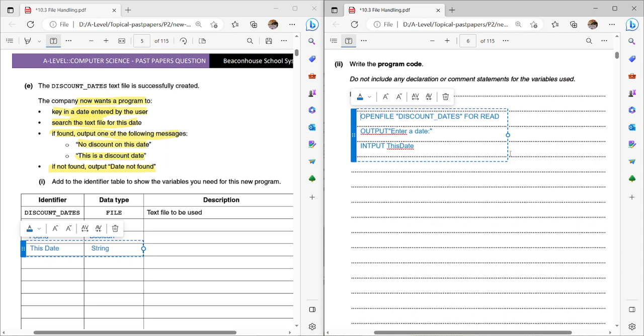So we asked the person to enter the date, and after that what we need to do is use while not end of file, and the file is now